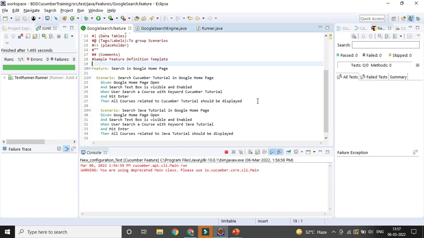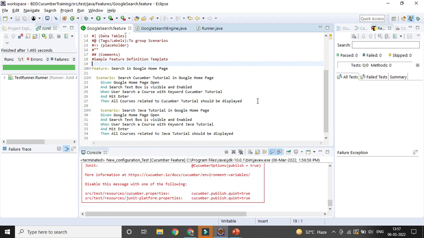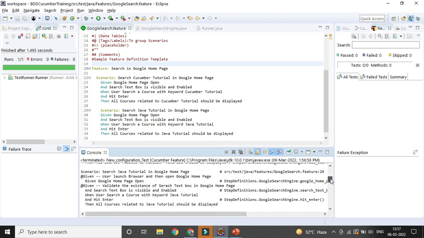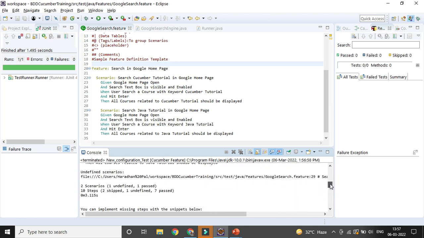It will try to run and generate, in case of not implemented steps, how many steps are not implemented. These are the different steps. You can get to know that this is the not implemented one. You can see it runs here, and if you go down here, you can see